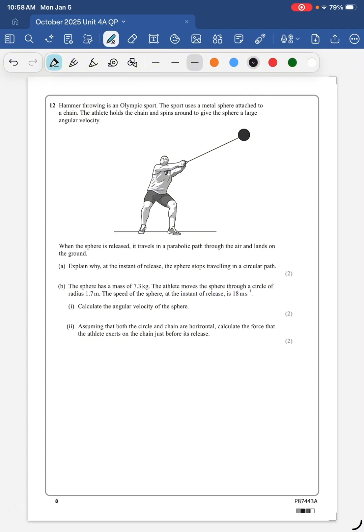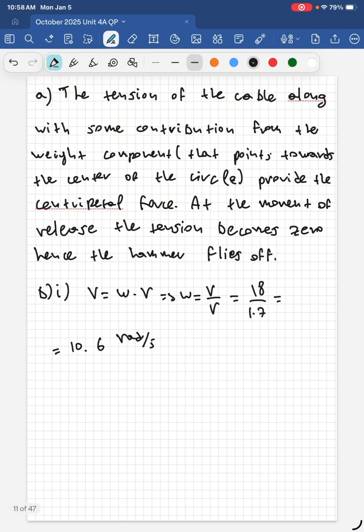Part 2, assuming that both the circle and chain are horizontal, calculate the force that the athlete exerts on the chain just before its release. Okay, so this is simpler than it sounds because we know that the centripetal force has to be equal to m omega squared r, and if we plug in values we find 1391.3 newtons. Okay,